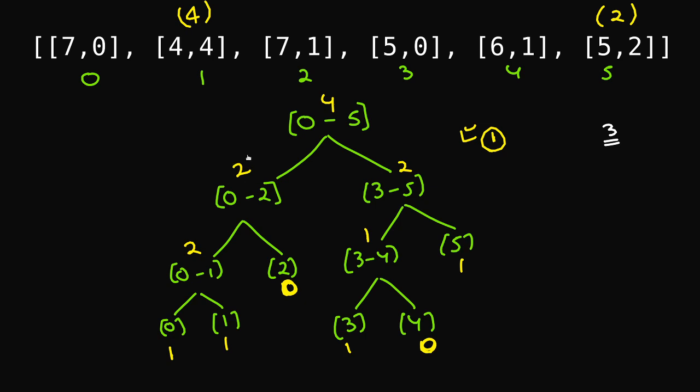I see that there are 2 ones in the left subtree, so I go in the left subtree looking for the first one. I'm at this particular node. I realize that I'm looking for the first one and there are 2 ones in the left subtree, so I still go in the left subtree. Again I realize that there is one in the left subtree and I'm looking for the first one only. So I again go to the left subtree and I encounter this leaf node. The moment I encounter this leaf node, I just put this value. So this is the index 0. So this 5 comma 0 will now be present at the index 0.